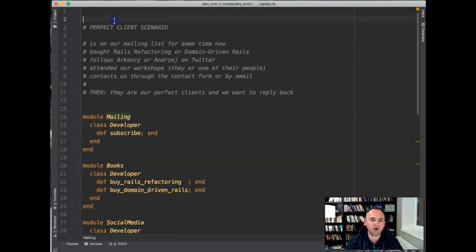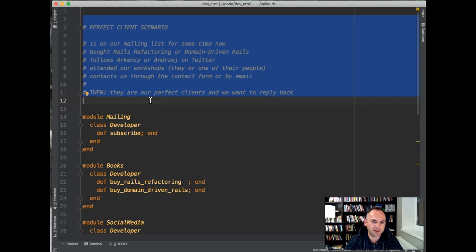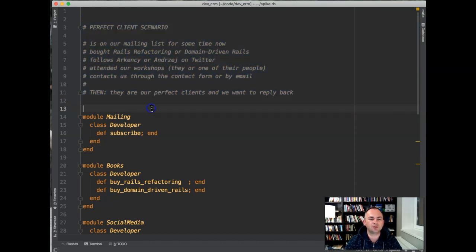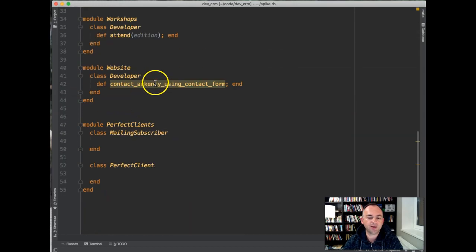So this is not the only scenario that we have. This is just one of them. This is the one that leads to the best clients that we usually had in the history. Also, we've had other clients who didn't go through this, but they are also perfect. But again, you need to understand our philosophy. We want to automate as much as we can, and we don't want to have any waste. So people who are replying to all the emails, when the most likely result is that they will not be our clients, that's waste. So that's it for now.